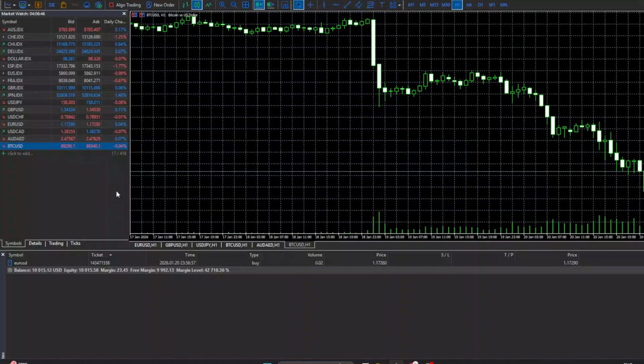In today's video, I'm going to teach you how to draw a trend line on MetaTrader 5. This is a very simple but powerful tool that can help you quickly see the direction of the market and potential areas of support and resistance. Even though the steps are short, I'll walk you through them slowly and clearly so you feel confident doing this